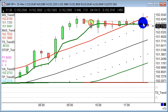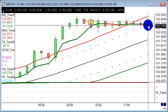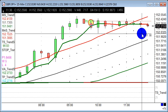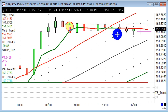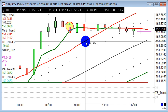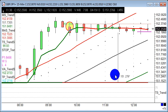We got that shorting opportunity here at about 11:45. However, not looking to go short just yet. I want to wait for prices to break lower. This is going to give me that continued confidence that this market is going to break down, because we are in an uptrend on sterling yen, so we don't want to fight against that too much. So let's just see what happens. We're going to take a break below this sort of 151.98 area, looking for that sort of 151.30, so good